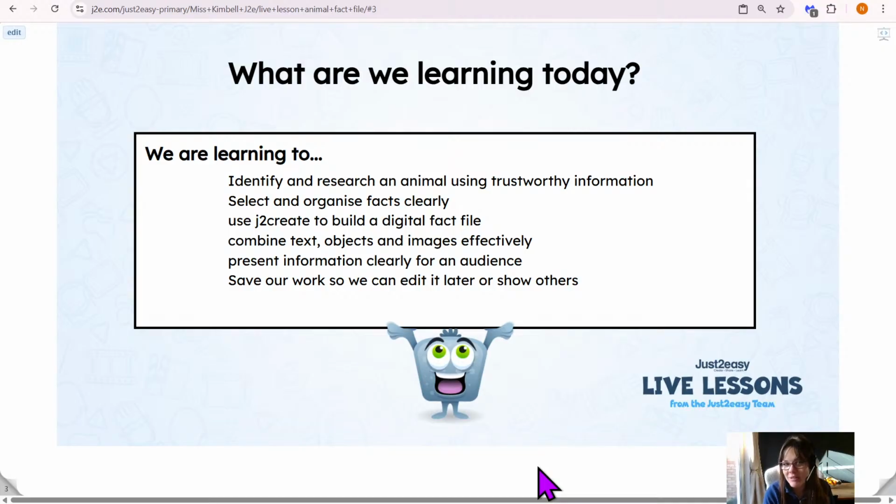Now, as with a lot of my lessons, it's likely we won't complete the task in today's session. However, because we're saving it, you can come back to it later to edit and to add in those facts. So teachers, it might be that the beginning part of the session we look at adding the headings, the boxes, the images. You could then spend a session working with them to find and research facts, write them down, and then come back to the J2 Create to add in those facts. Okay, so it could be a 3-part lesson. Okay, but we'll see what we can get done, shall we? Now,